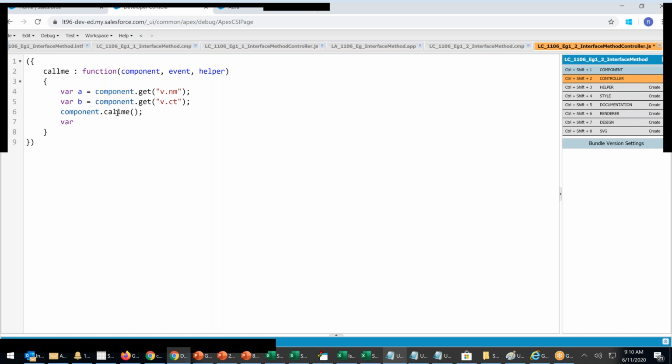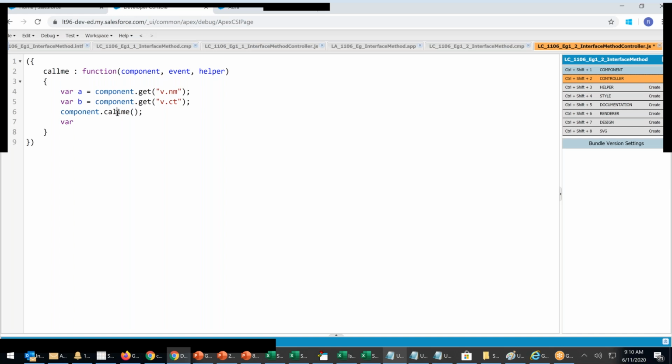Everyone should be remembering it. That is what we did, right? I declared an aura ID. I don't know what aura ID I declared. Then with that aura ID, I'm finding it. After finding, class name dot the method name.